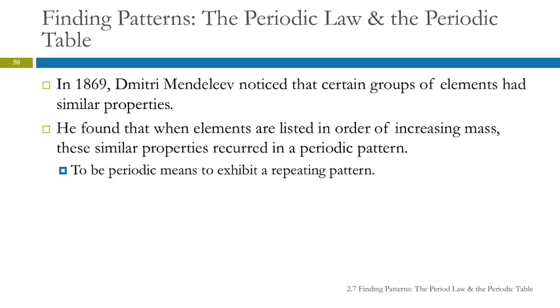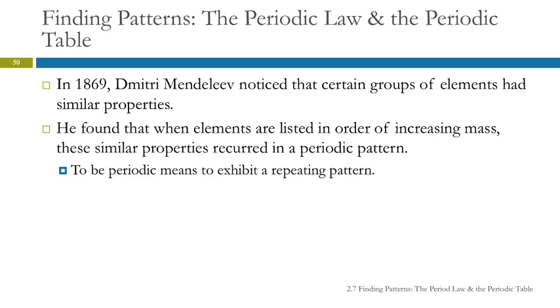At that point we had not found all the elements yet, but there were a bunch of them and it was kind of a mess. I mean, how do you organize all this information? So he's playing around and trying to figure out what the patterns are in here. And so he found that if you put the elements in order of increasing mass, the smallest one first up to the heaviest one, those similar properties recurred in a periodic pattern,